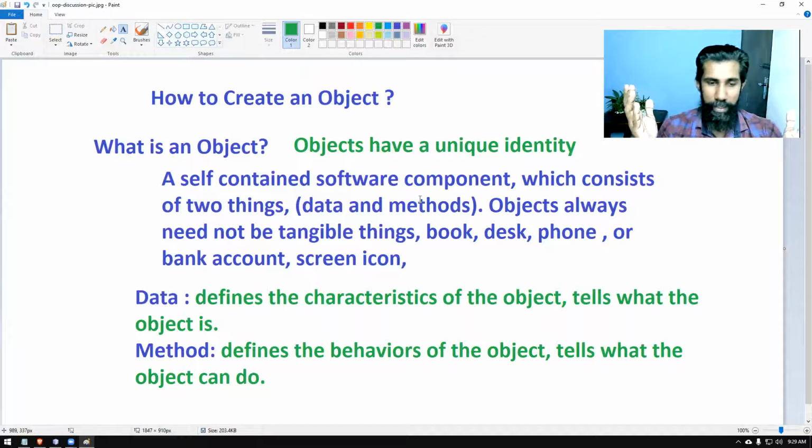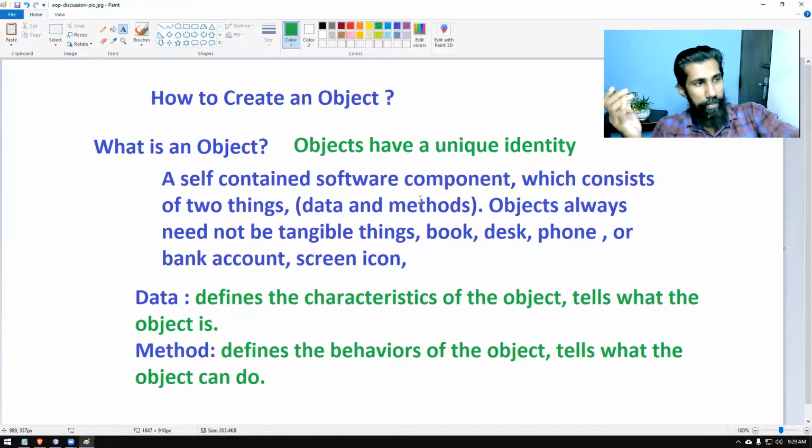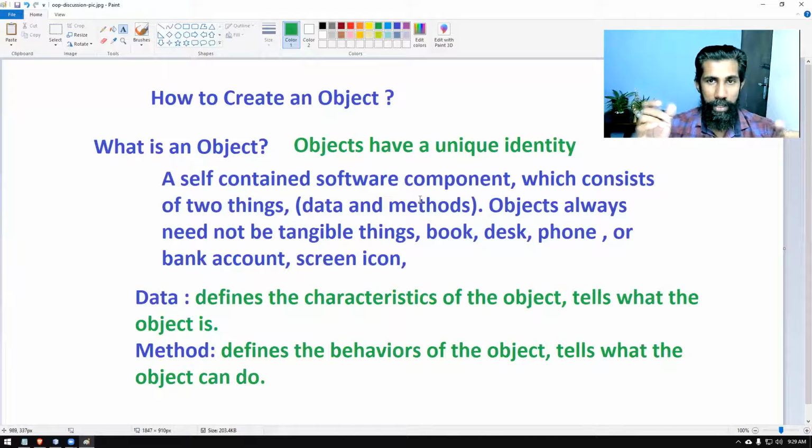Let's take a patient in a hospital. Important data about a patient will be patient number, ward number, gender, height, weight, blood group, right? And you will have diagnosis reports and all the things related to the patient. Things that the patient can do or can be done: let's say get admitted, get discharged, get medical treatment, consult doctor, go for scans, things like that. So it's related to the person who is in the hospital.